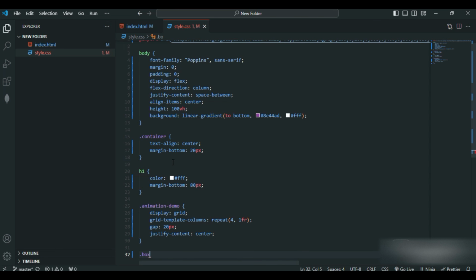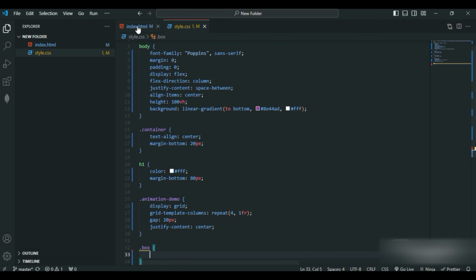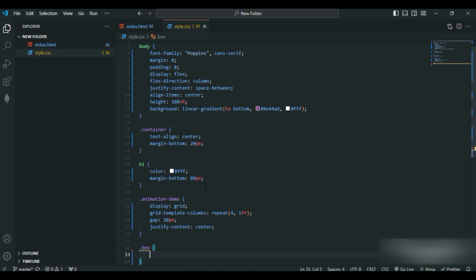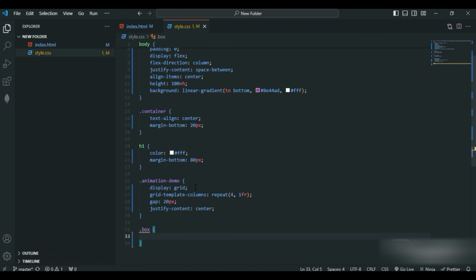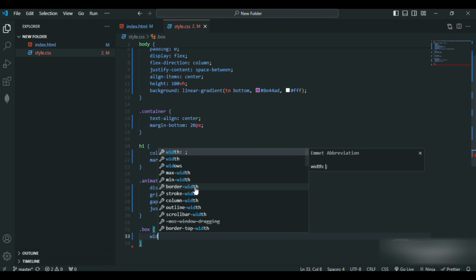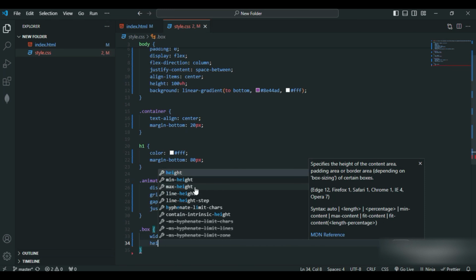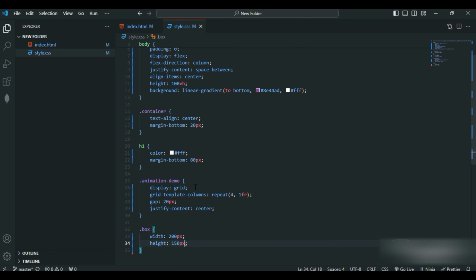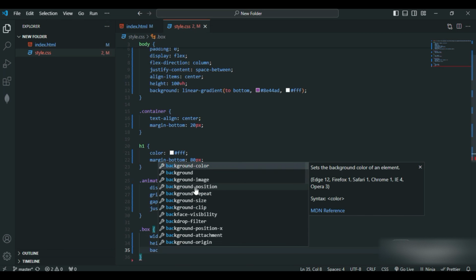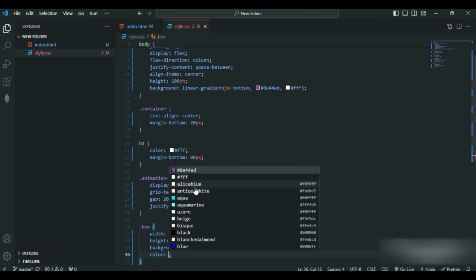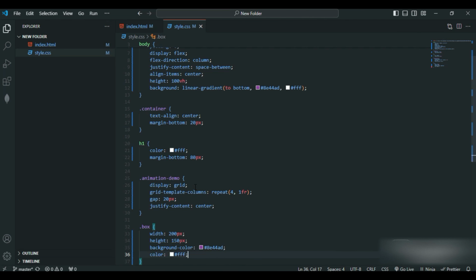Next, let's style for the box, right? Where is this box coming from? Basically this one, div class of box. We have given box to each div, right? Totally 12 divs are there. We have given the class name box. So width, I'll give 200 pixel, height 150 pixel, background color 8E44AD. So color, I'll just give white,